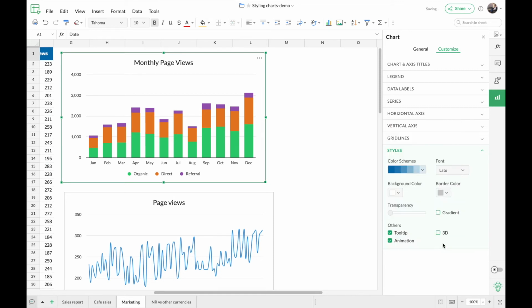So I'm going to give OK. On the left, now you can see that the chart is in a monochrome theme. You can see the diluting shades of blue representing each series in each column stack here. With the stacked columns, you can clearly see the differentiation between each shade of the color here.